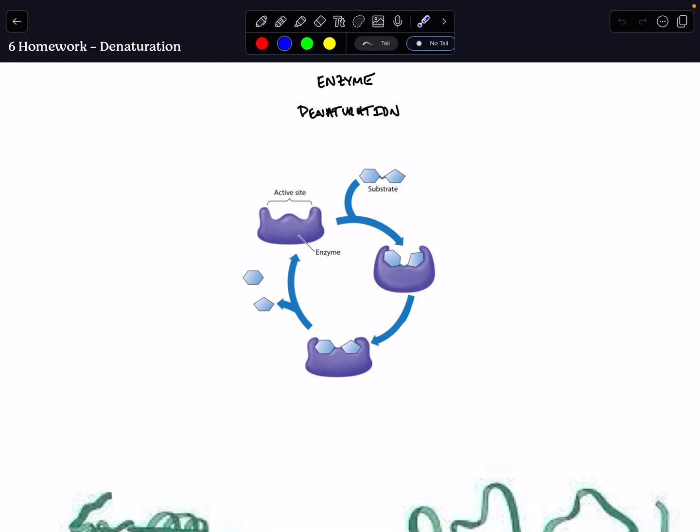Hey Team Bio, welcome to your homework about enzyme denaturation, where we're going to talk about what happens when enzymes fall apart and why. Okay, so today in class, we added hydrogen peroxide to the enzyme catalase, which is found in liver,